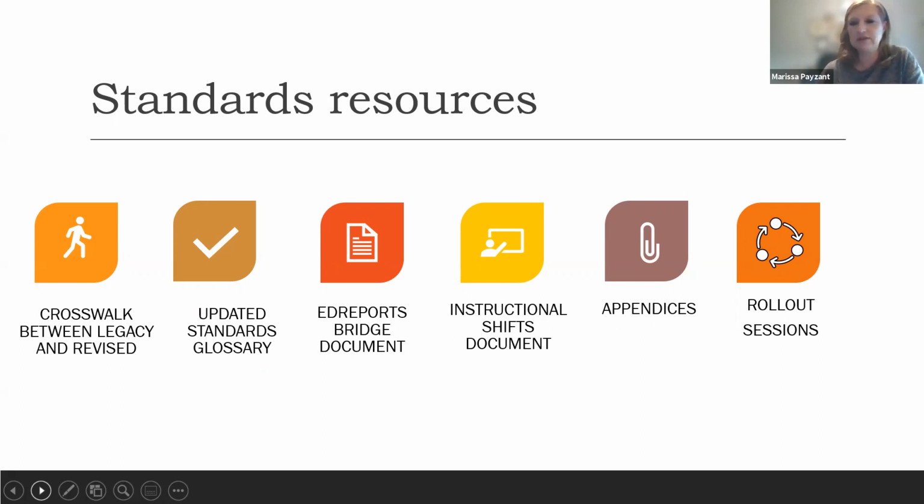We're hoping to release some additional information in the form of appendices to the revised standards. I'm hoping those will be ready before the new year, but if not, shortly after. And then what you're about to view, the session 1 materials, we have developed 4 modules or 4 sessions that will help educators orient to the standards and think through their readiness to implement.